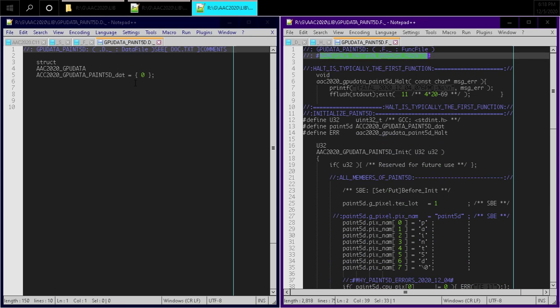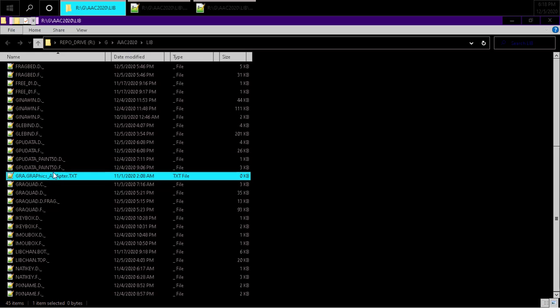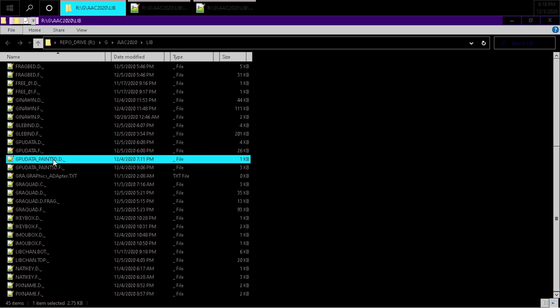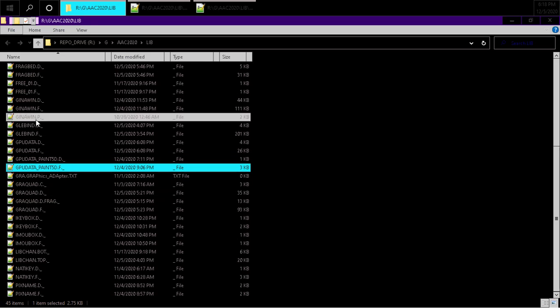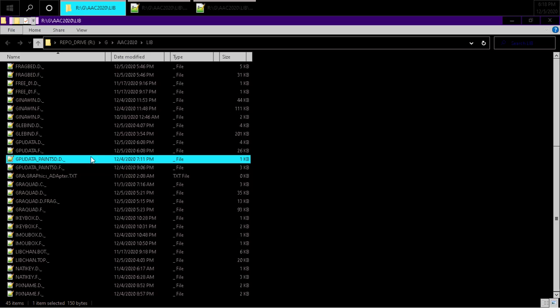So I think once we do the documentation here, we're going to refactor everything to just be Paint5D, right? And if Paint5D somehow needs more than one associated source file with it, we can put that irregularity into the library chain. So what I mean by that is, maybe we need GPU data of Paint5D, and then we need some other namespace, also Paint5D, right? But it clutters all of this up. So instead of that, what we're gonna do is